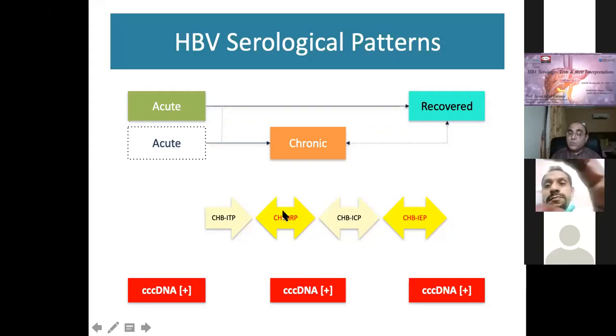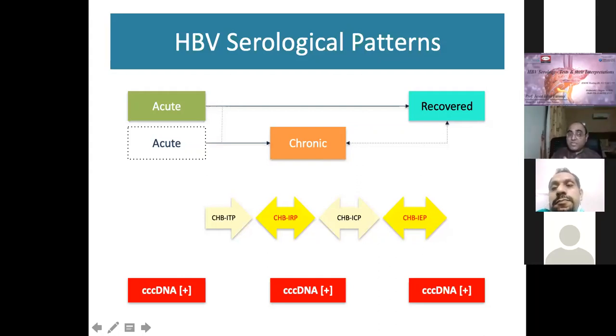Then the immunity overcomes the viral replication, the inflammation cools down, and the viral replication is controlled. This is called the immune control phase. In years past, it used to be called HBs antigen healthy carrier. They are not healthy carriers, but this was called the healthy carrier or the carrier two decades ago. And then even in this chronic phase, the replication may start again, and this can go to the immune escape phase. So this is the overall view.